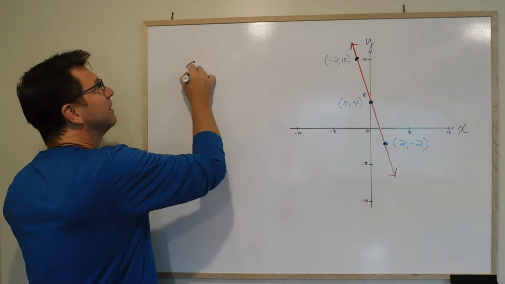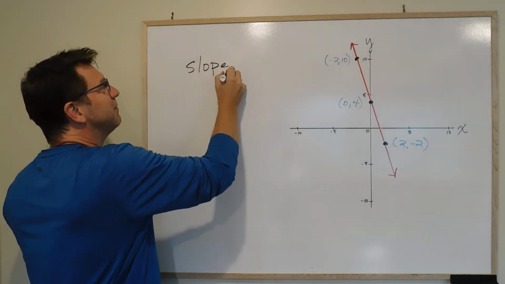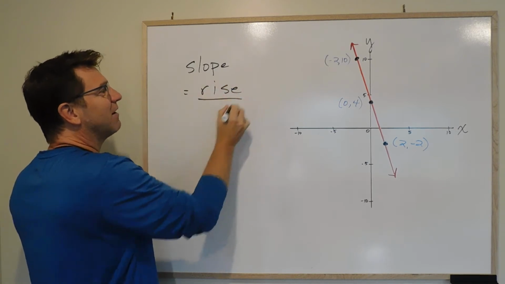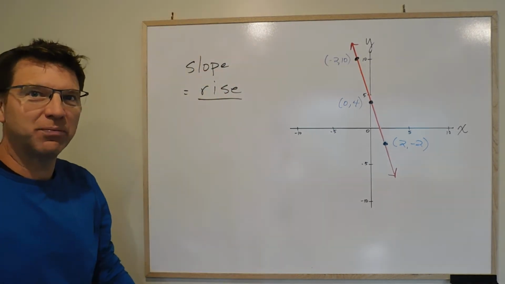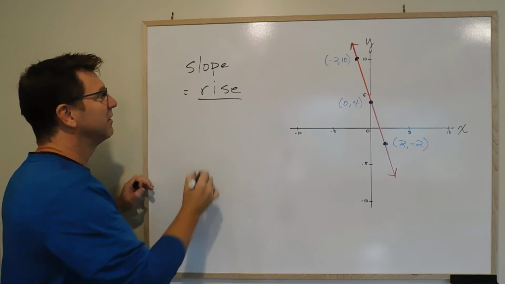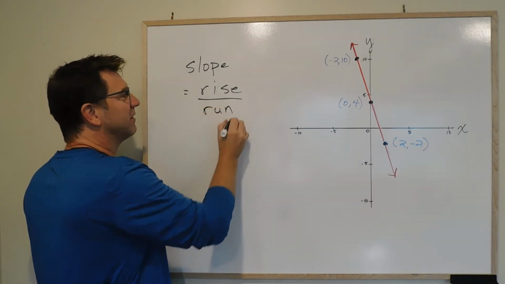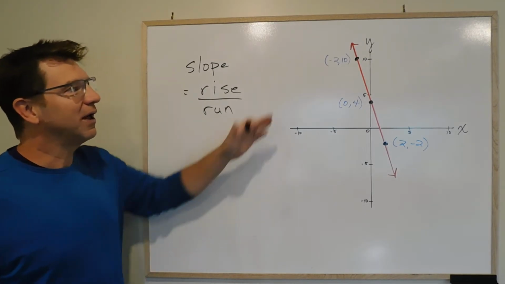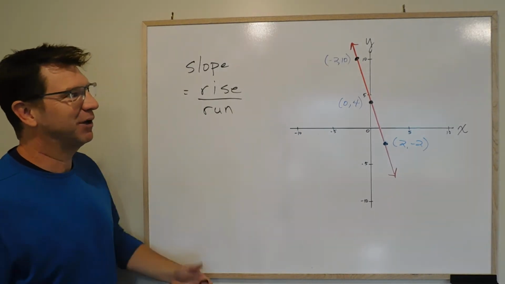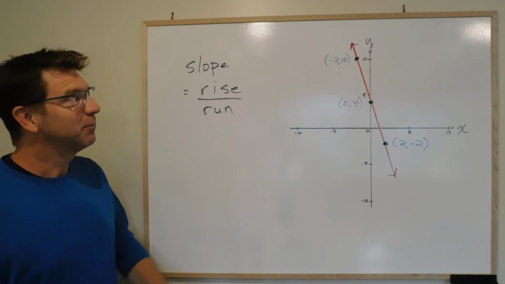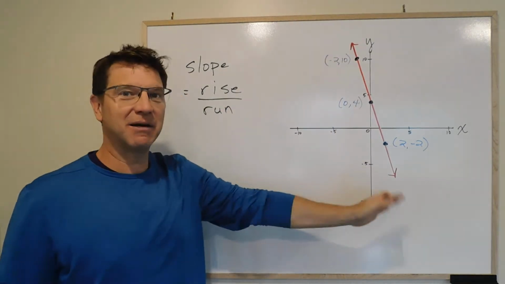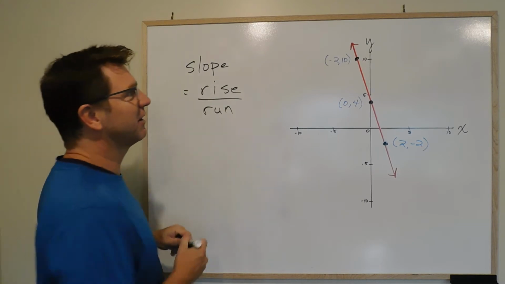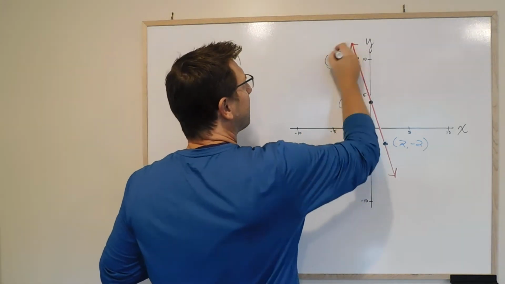Slope is a ratio of steepness. And the ratio is how much the graph rises between 2 points, between any 2 points, versus how much the graph runs between any 2 points. Okay? So we have 3 points. We're going to pick 2 of them, any 2 of them, because it always goes at the same steepness, right? So I'm going to pick, just because they're up here, I'm going to pick this one,